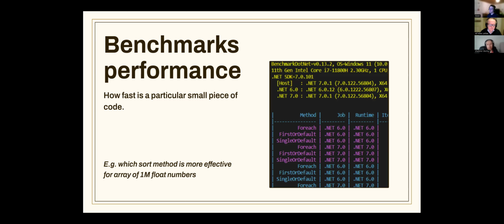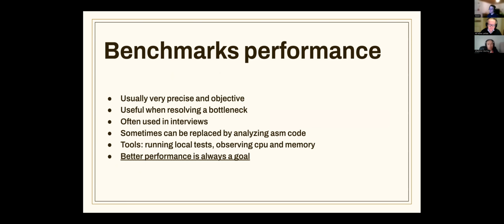We talked about it when we think about which method is more effective. For example, what is the best way to sort an array of 1 million float numbers? It's interesting that if you even slightly change the requirement, let's say you don't have float numbers but integer numbers, then the most effective method is different. Such micro benchmarks can be very precise and objective, and can be useful when resolving some particular bottleneck,